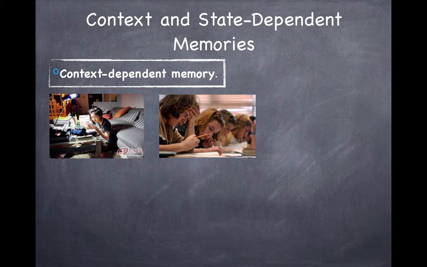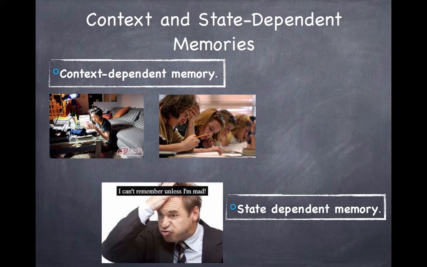And so there are times when perhaps the way that you study, and you really seem to have a good handle on it, and then you go into a classroom to do the test and you find that it's not the same context as where you studied in, which may explain why some of that memory doesn't come right back to you. So it may be appropriate at times to study in a more context-dependent sort of relationship, is one way to consider it. Now there is another version other than context-dependent, is state-dependent.